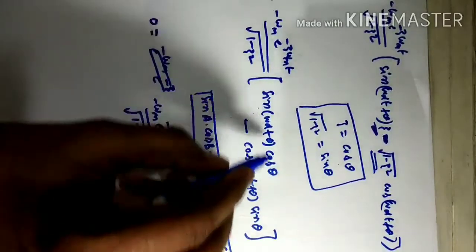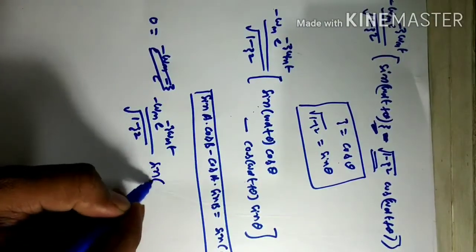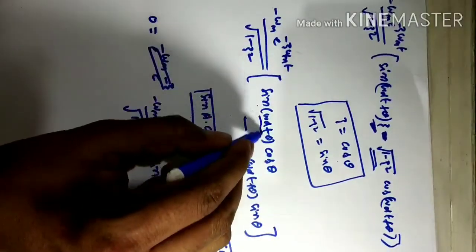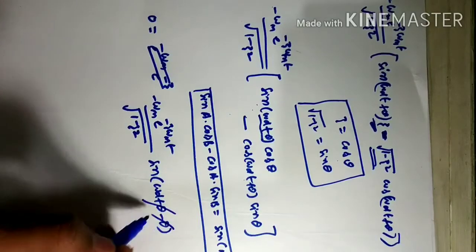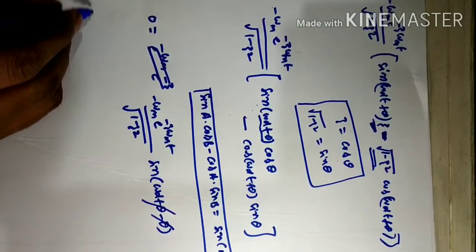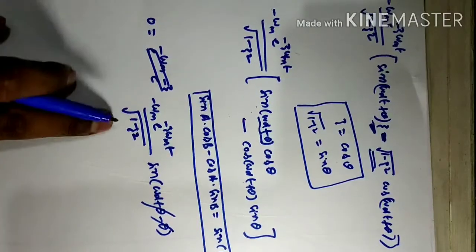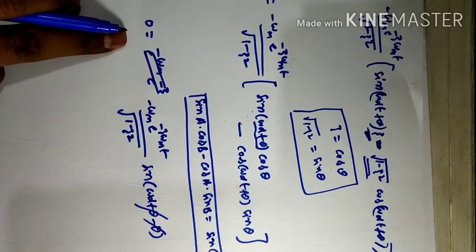So sin a into cos b minus cos a into sin b is equal to sin a minus b, okay, plus minus gets cancelled. So what is left? I can cross multiply this term here. So minus omega n also cross multiplies. So this term becomes